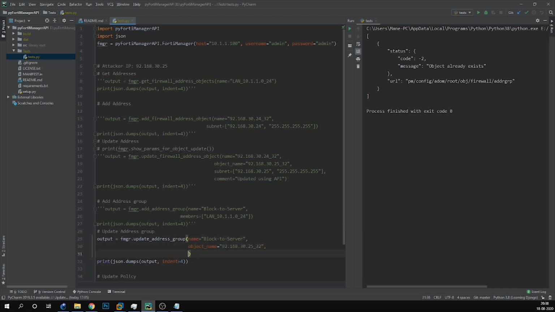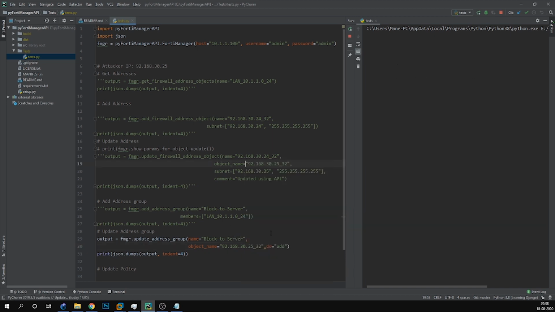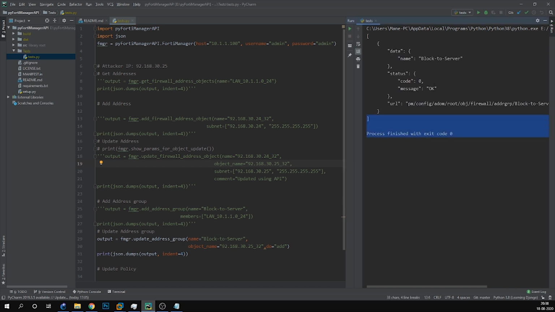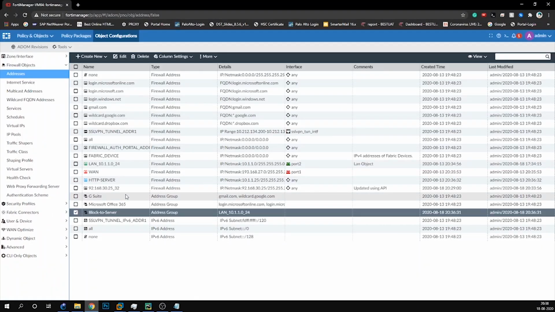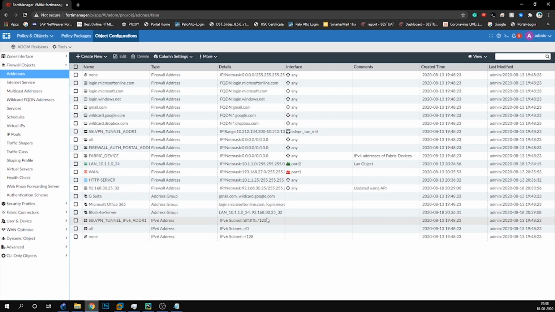And here we need to specify if we need to add or remove it. We need to add it. Let's run this. Okay, it worked. So let's see if the member is added, and yes, it has.